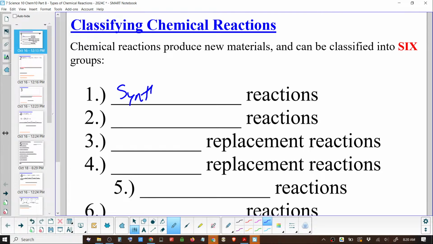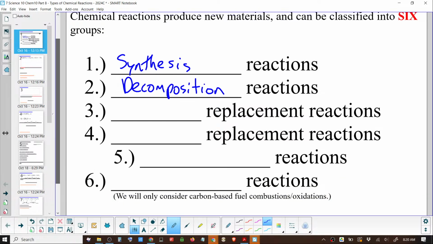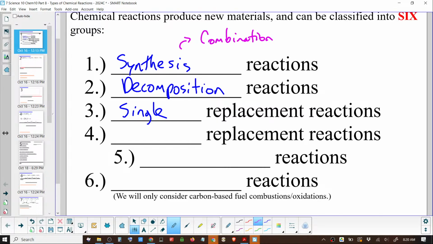synthesis. Then we have decomposition. Single replacement. Synthesis, if you took this at another school, I know some places will call them combination. I don't know if you would have done it yet or not, but combination reaction is another word for synthesis. Single replacement,